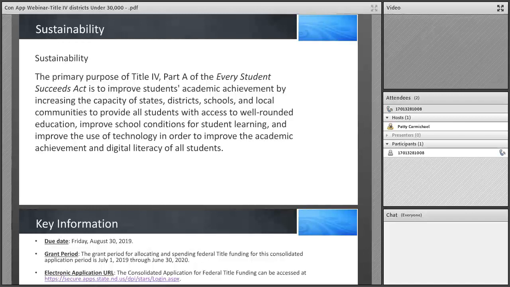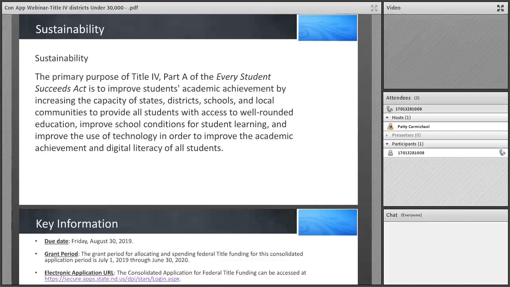Sustainability. The primary purpose of Title IV, Part A of the Every Student Succeeds Act is to improve students' academic achievement by increasing the capacity of states, districts, schools, and local communities to provide all students with access to well-rounded education, improve school conditions for student learning, and improve the use of technology in order to improve academic achievement and digital literacy of all students.